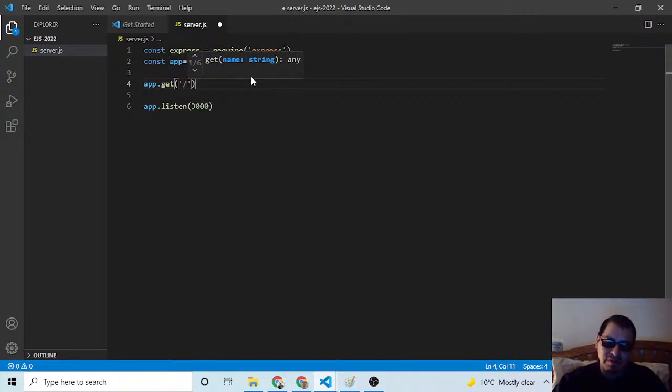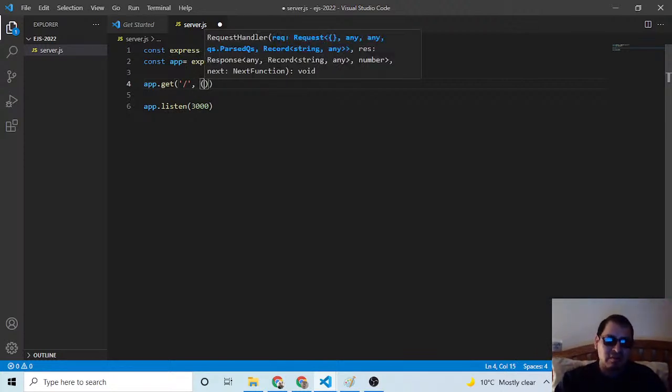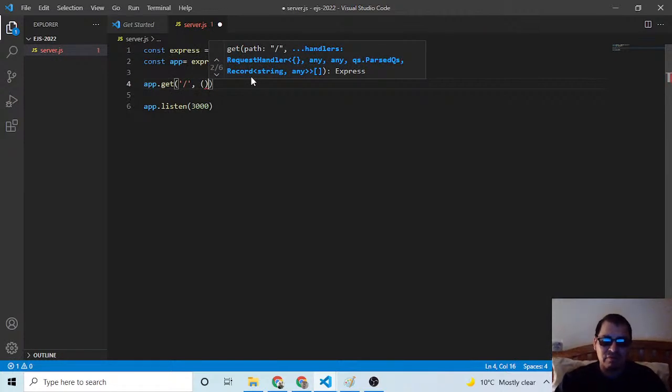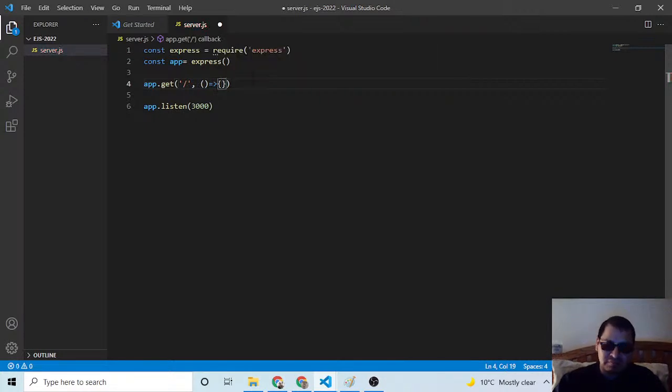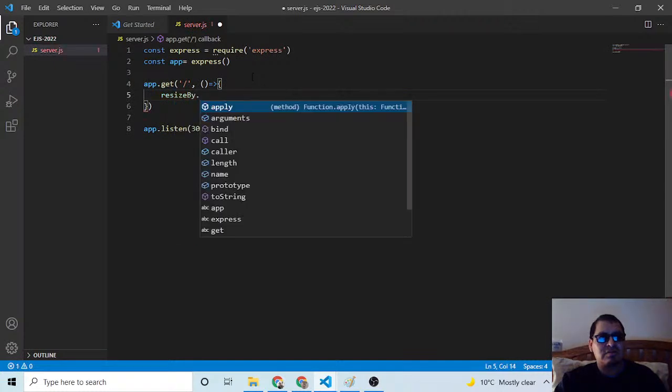This is the home route, and then this time I'm going to make an arrow function, a callback arrow function here, like that, and then I'm going to say res dot.